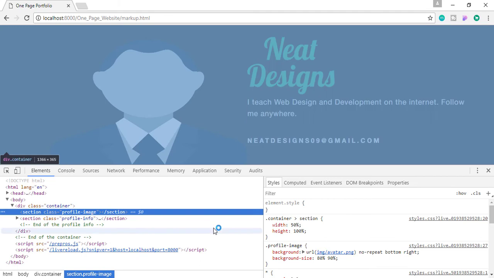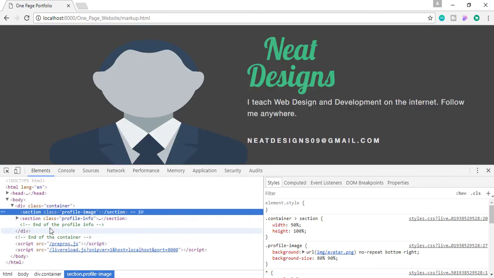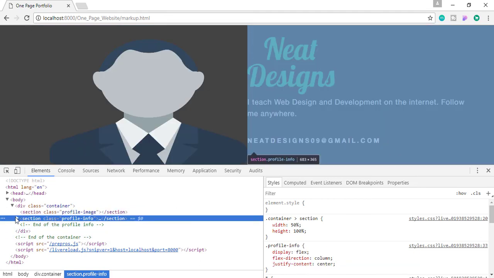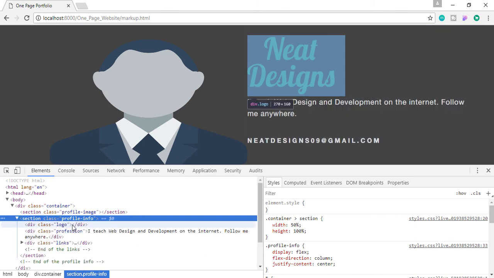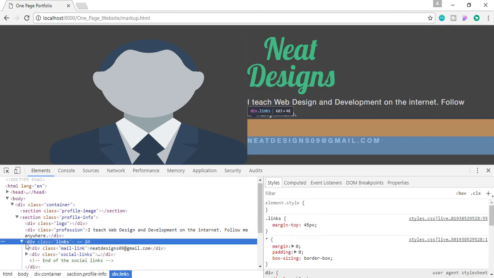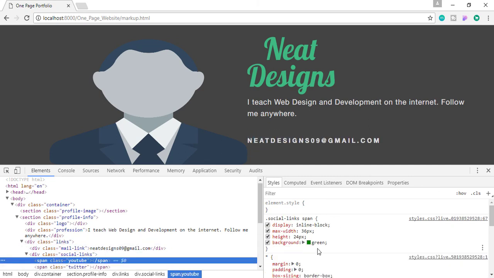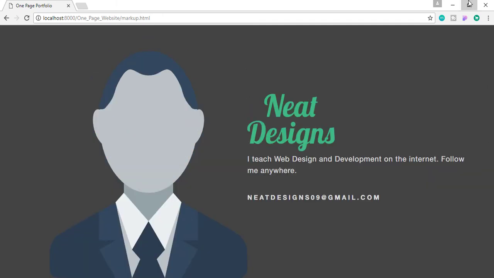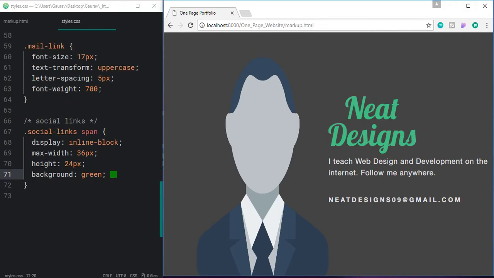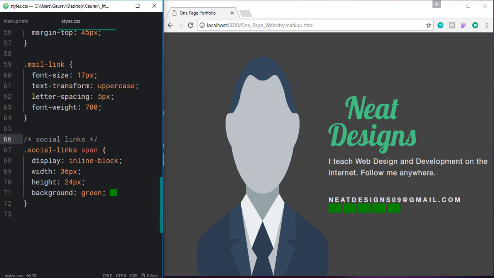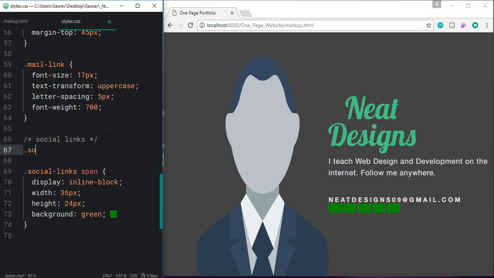Social links. Profile info. Links. Social links. And then the span. Oh, we have given a max width, but it doesn't have any width. So let's say width 36 pixels,